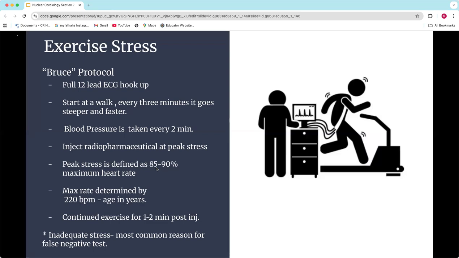I was in a situation once where one of the techs had an issue, and the patient moved their arm in the middle of injection and squirted tech everywhere. There was tech all over the treadmill. So when you perform these, you definitely want to have things in the right place. You want to communicate with your patient what's going to happen, so that they know, okay, now I'm going to take your arm and we're going to inject, and it flows really well. Okay. Any questions on exercise protocol?